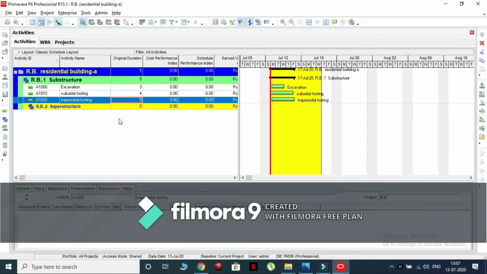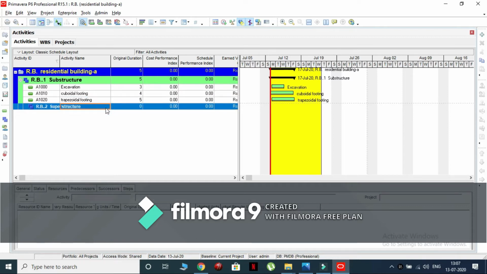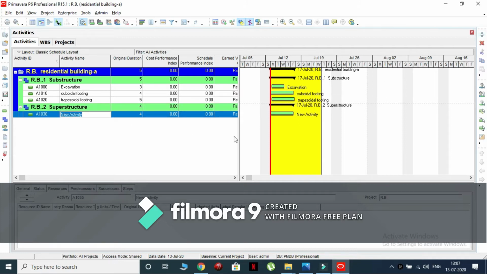Now, in the superstructure, select the option superstructure and click on add icon to enter the activities under the superstructure. Duration of column is 3.